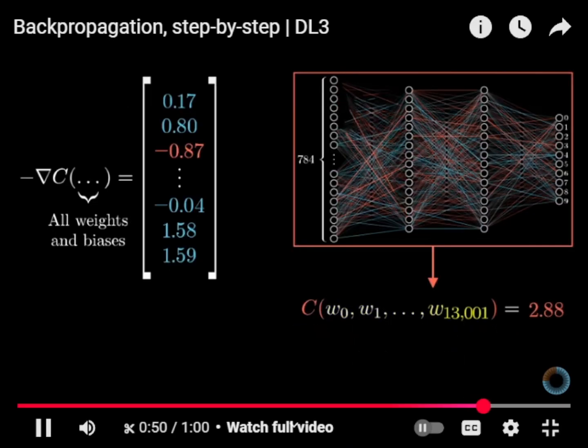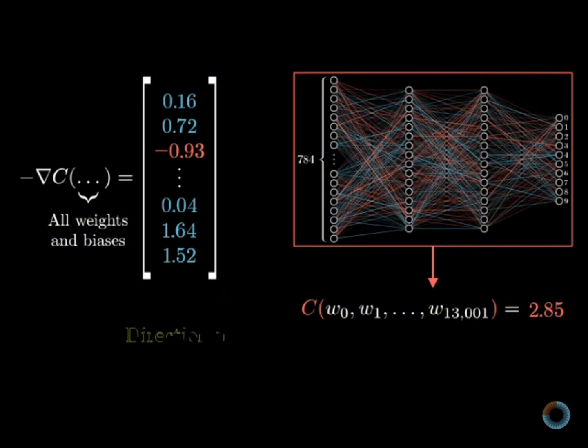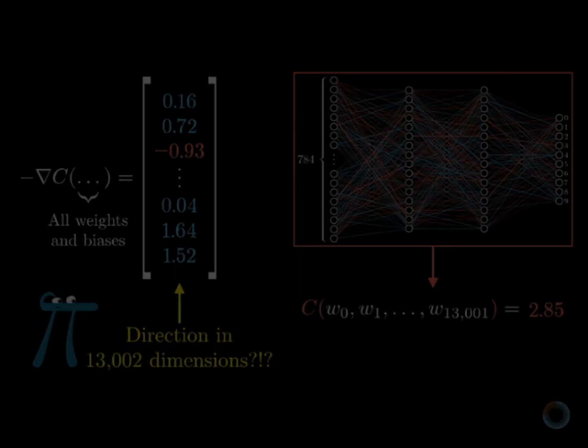And the one idea from the last video that I really want you to hold firmly in your mind right now is that because thinking of the gradient vector as a direction in 13,000 dimensions is, to put it lightly,